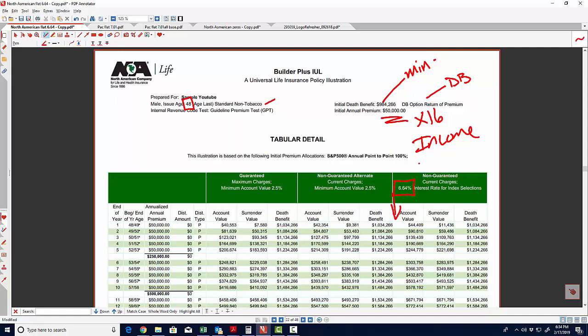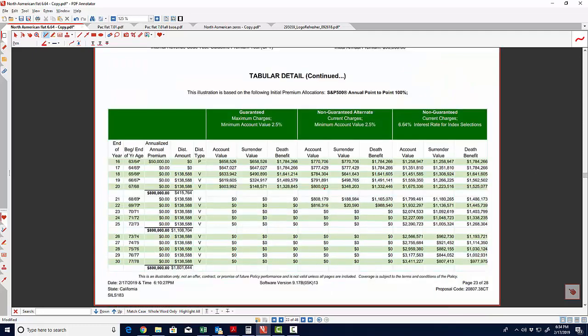Every single year, 6.64%. Now, it's structured the right way, but you and I both know you're never going to get 6.64% on the nose every single year. These policies just don't work that way. But let's take a look at the income that we're projecting here at the levelized 6.64%, and we're looking at $138,000 every single year, tax-free for life, structured the right way starting at age 65, based on a 6.64% rate